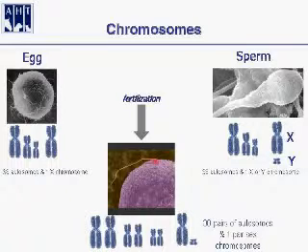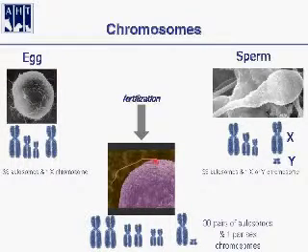The only cells that don't have pairs of chromosomes are the gametes, the eggs and the sperm. And they have just one copy of all the DNA. So they have one of each chromosome. So one each, and this is an egg. I've not shown all 38 chromosomes because that would be a bit much.